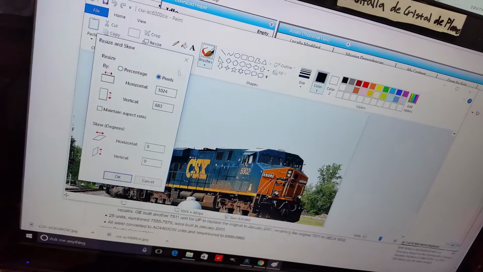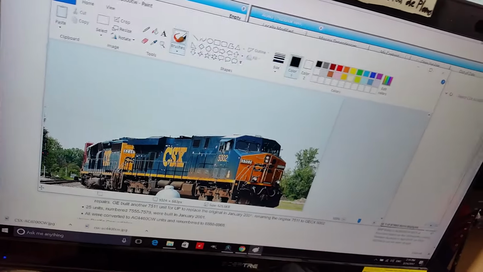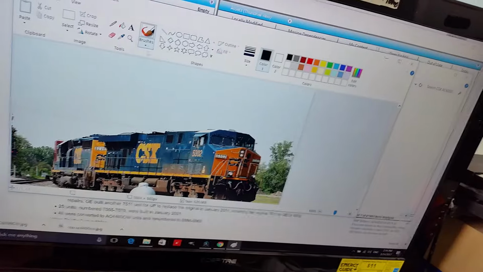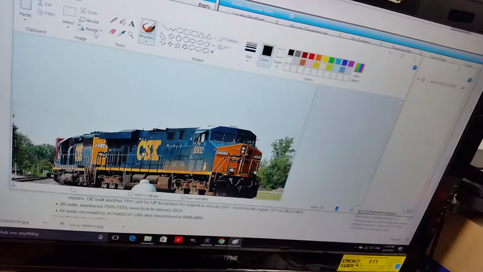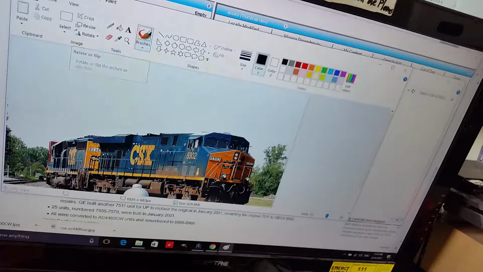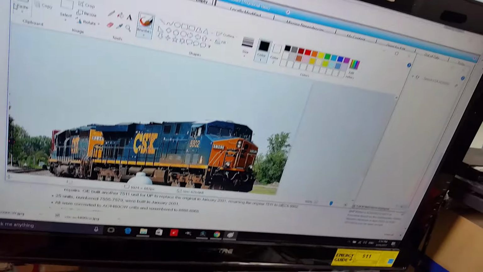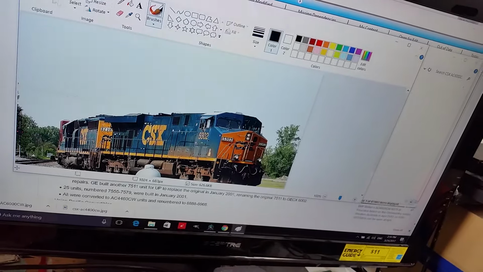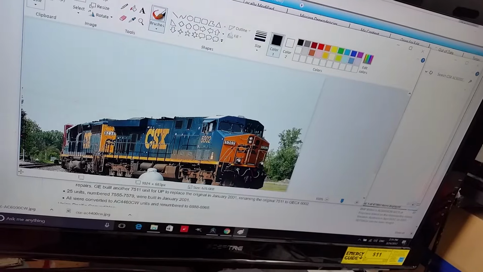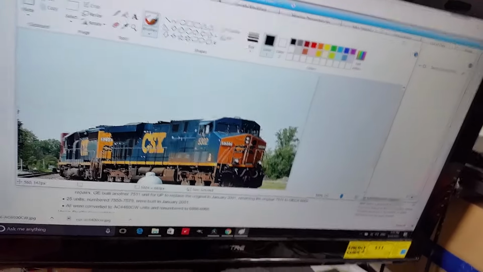So, hold on. I'm going a little too fast, aren't I? That's a mistake a lot of people say I make when I teach, that I go too fast. Anyway, where is it? I'm trying to resize it. I forgot what I clicked on. Hold on. Okay, so